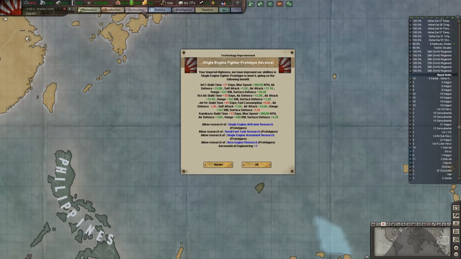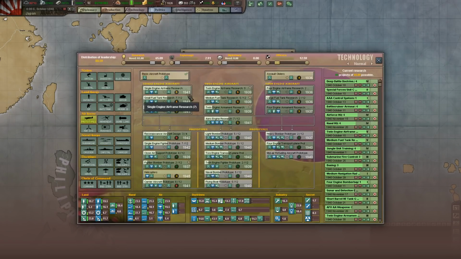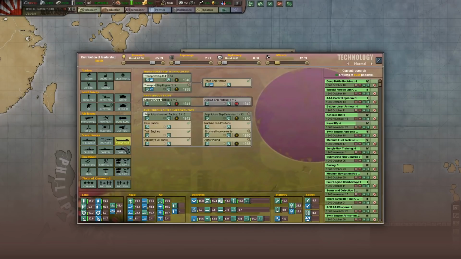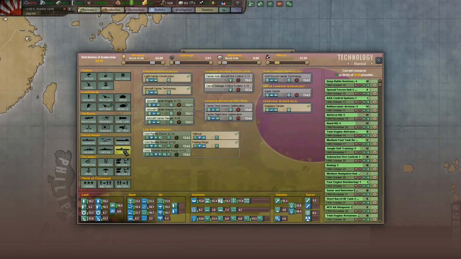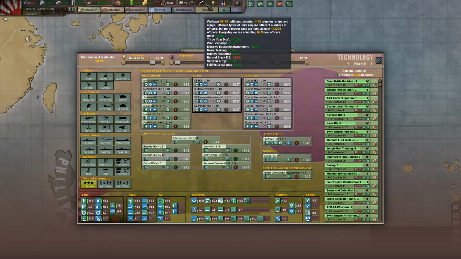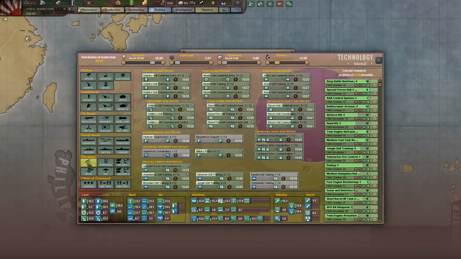And single engine fighter prototype has advanced, very good, and is grayed out, but that's now pushing it. F41, which we're getting there, it's in October. But we are doing well. I think we're still building. I mean, obviously, somebody wants to pay attention to that. We're building up there, but